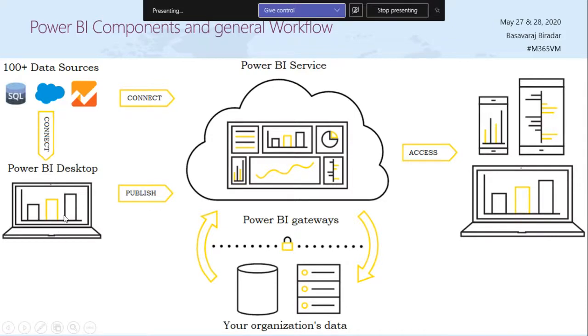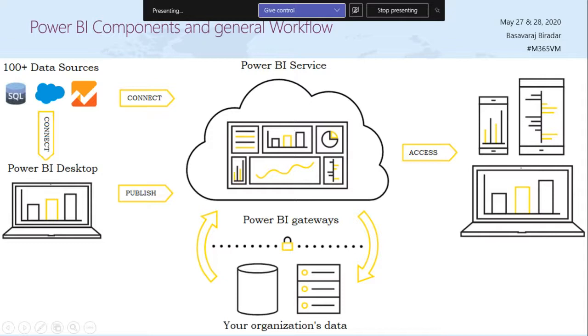The problem with Power BI desktop is this: if you have to share these reports with someone else, you have to share the complete file with them, and they have to install Power BI desktop. To avoid that problem, Microsoft has developed Power BI service, where once you generate the reports using Power BI desktop, you can publish those reports to Power BI service.